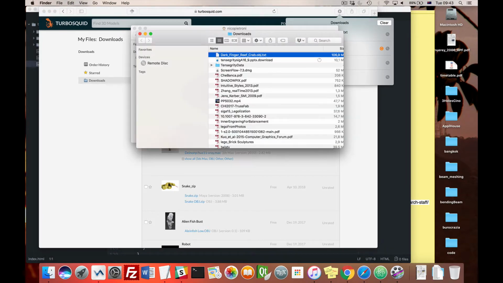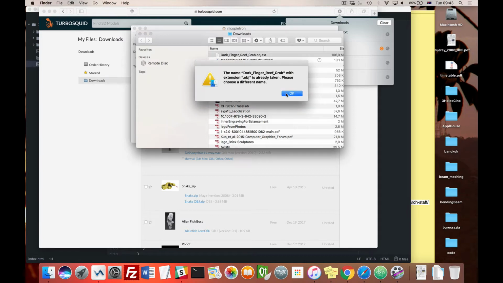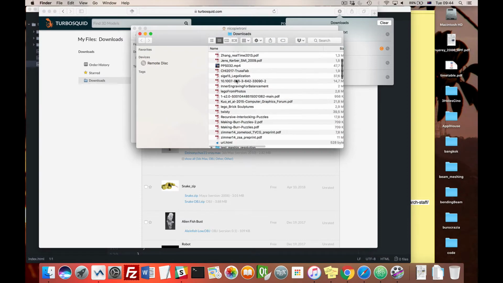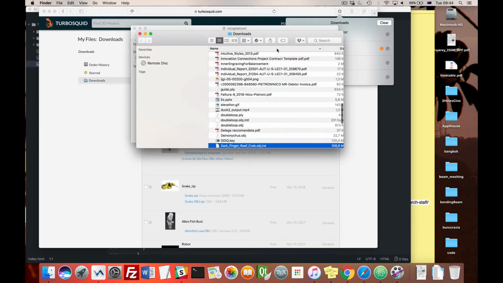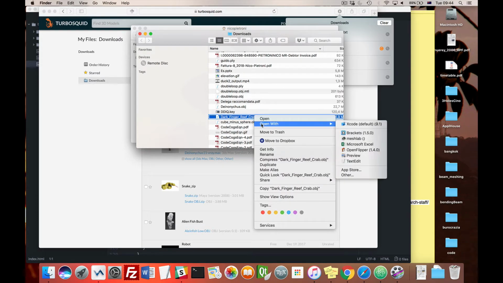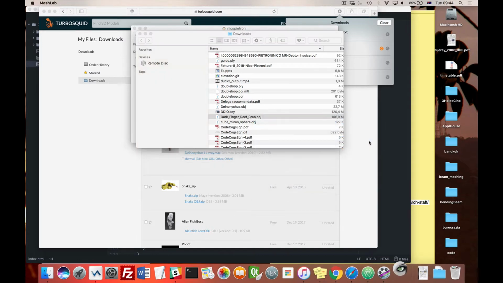Okay, here we go. Sometimes when you download an obj, it changes the extension to txt. So just change it again to obj if this happens. Okay, it was already there. I already downloaded it. So if you want to see the model, you can open it with MeshLab,